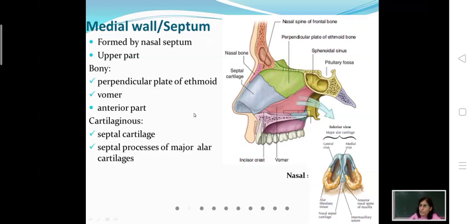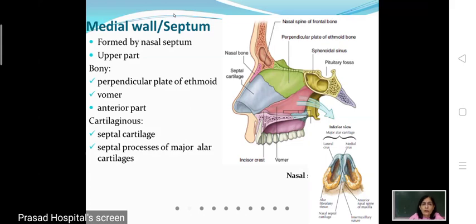The septum, which divides the nasal cavity proper into right nasal cavity and left nasal cavity, is the septum or the medial wall. This septum is formed by bones and cartilages, which are then covered by a mucous membrane. In our nose, we can't see the bones. The interior of our nose is soft and pinkish because the underlying bones and cartilages are covered by the mucous membrane.